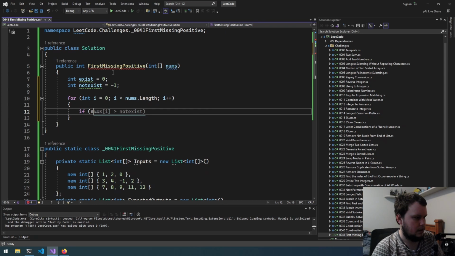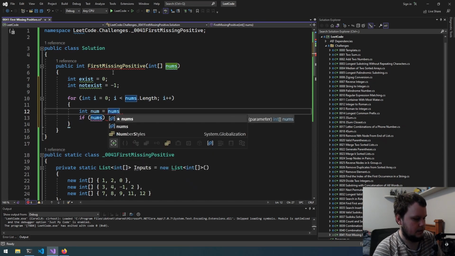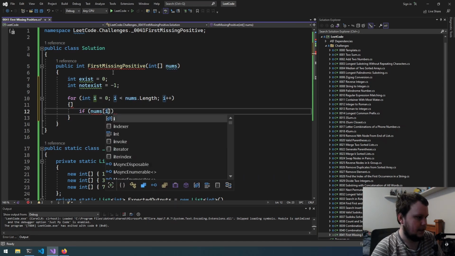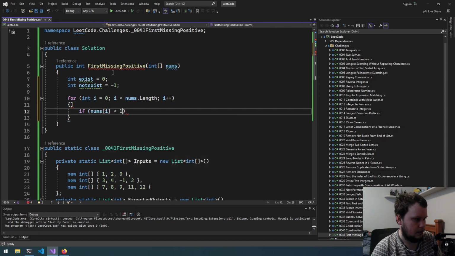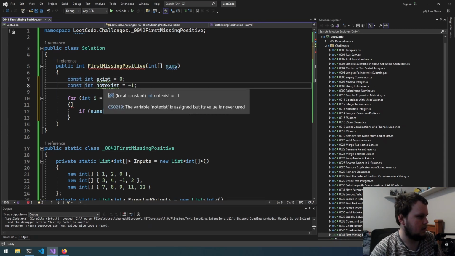If nums[i] is less than 1, or nums[i] is greater than or equal to nums.length, nums[i] actually I could change that to const, oh, wrong way around, equals